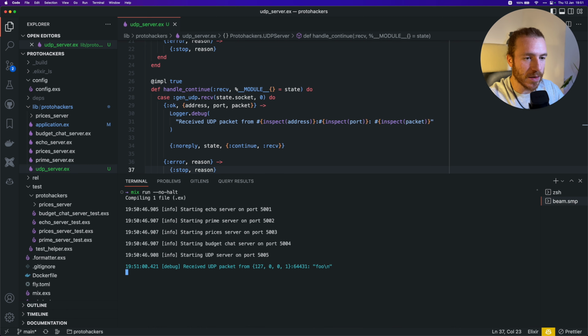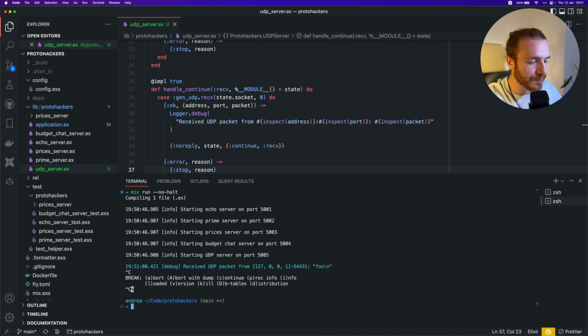Nothing happens here, but we can see that we have a debug log, received UDP packet from, this is the IP address, it's my IP address at home, of course, and a port that got picked by Netcat, and then we got our data. So looks like it's working well. The new line here is because we use echo, but yeah, it will not be here otherwise. Okay, so it looks like it's working. Let's move on to handling insert and retrieve requests.